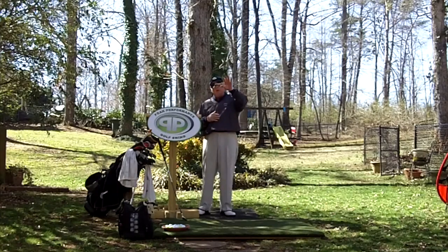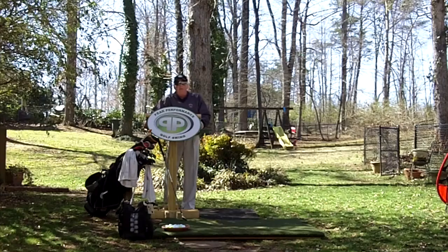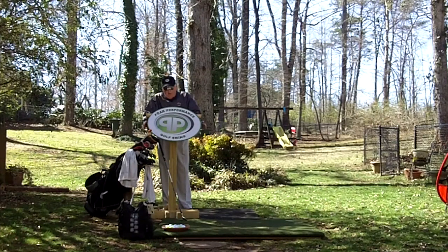It tells them their angle of attack, the launch angle of the ball, and it can tell them the spin rate and pretty much read out exactly how far the ball flew in the air. So this article starts out by saying this teacher got a text from one